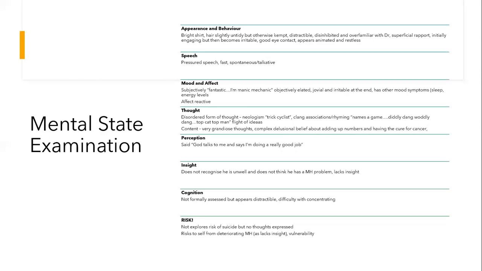So these are obviously risks to consider as well, because they could be left in huge debts when they come out of this manic episode, or they may end up using drugs and alcohol or driving recklessly under the influence of drugs and alcohol whilst they are manic, because they are feeling invincible. And that itself is a risk as well. They could do something dangerous to themselves or other people. So these are all risks that need to be considered when thinking about how we're going to safely manage this patient and whether this patient can be managed in the community or needs to be managed in a hospital.